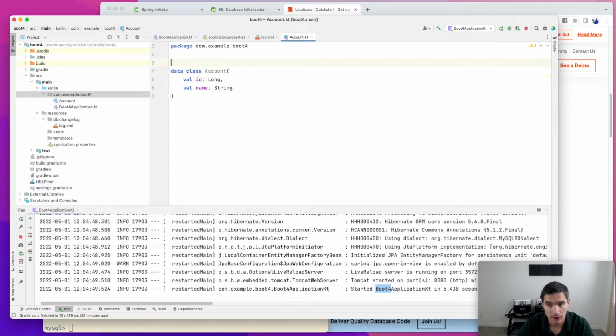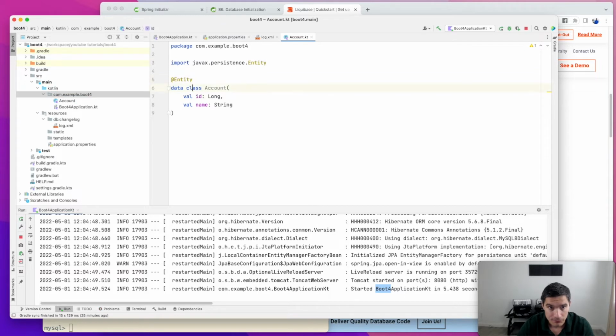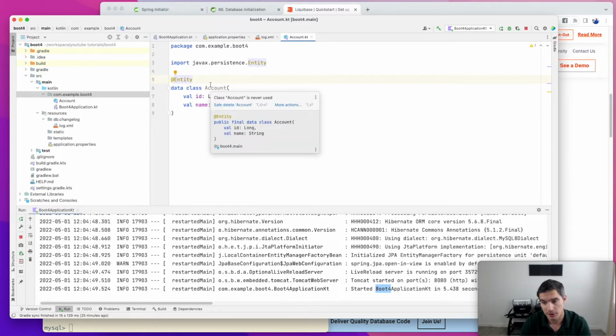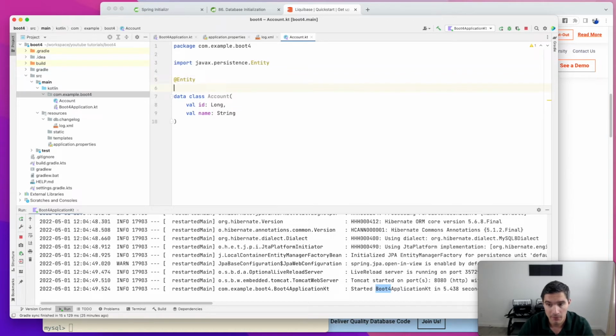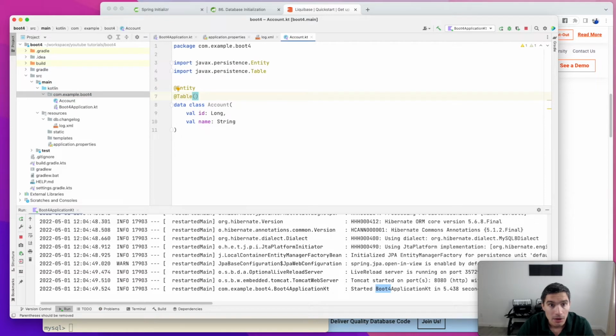So in order for this data class to map to the database, we need to annotate it. We need to use this annotation from Java persistence called Entity. And by default, this annotation will look at the name of the class that it annotates and then map it to the table with the same name. If we want to map it to a different table, we need to use this other annotation called Table. So we import it, and name, so we can have something like accounts or whatever name,